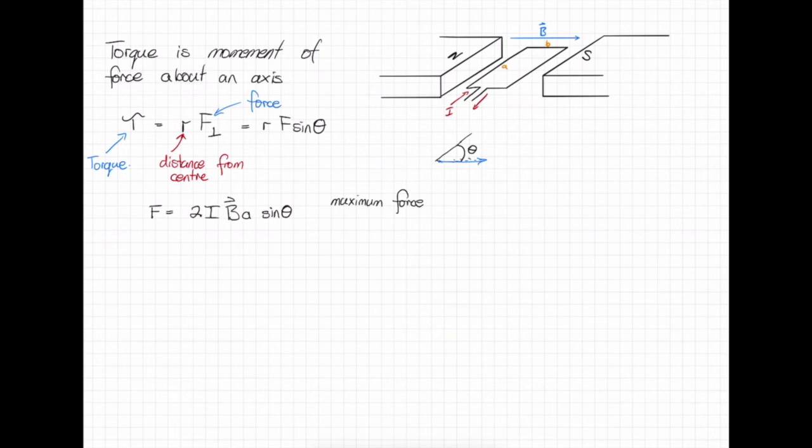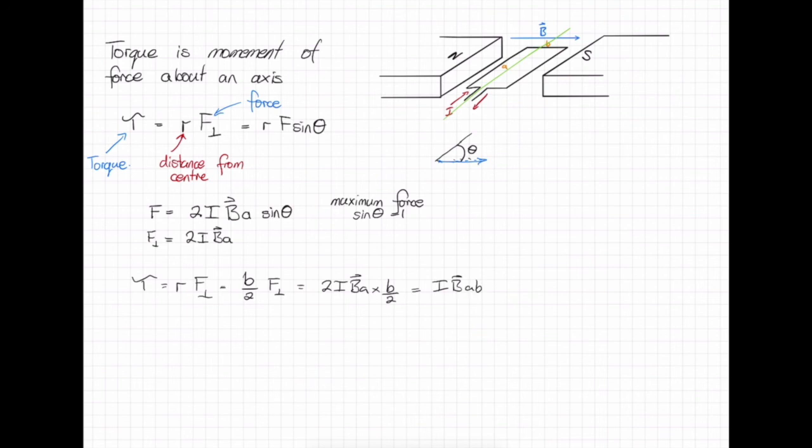Well, that's going to be when sine theta is equal to 1. That just gives us our force when it is perpendicular is going to be 2IBA. Our torque is going to be equal to the radius times force perpendicular. Well, our radius, if we look at our diagram, we will have a single line that goes through the center, and that's where our axle is going. So that means that our radius is actually B on 2, which gives us, once we substitute our force into it, 2IBA times by B on 2, simplifying all that out, gives us